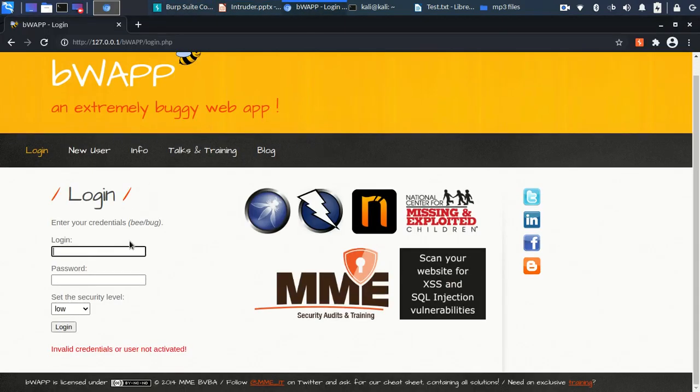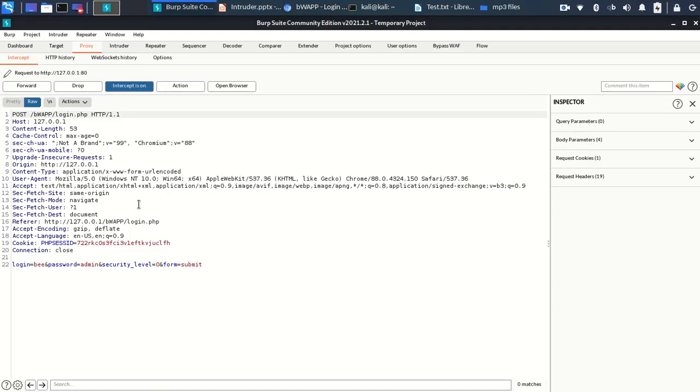Say username is bee and password is, I know the password is bug, so let's try something else. Say admin, root. I'll click login. Now this is our intercept request that has been intercepted by Burp Suite. This was the username and this is the password. Now it is a wrong password.